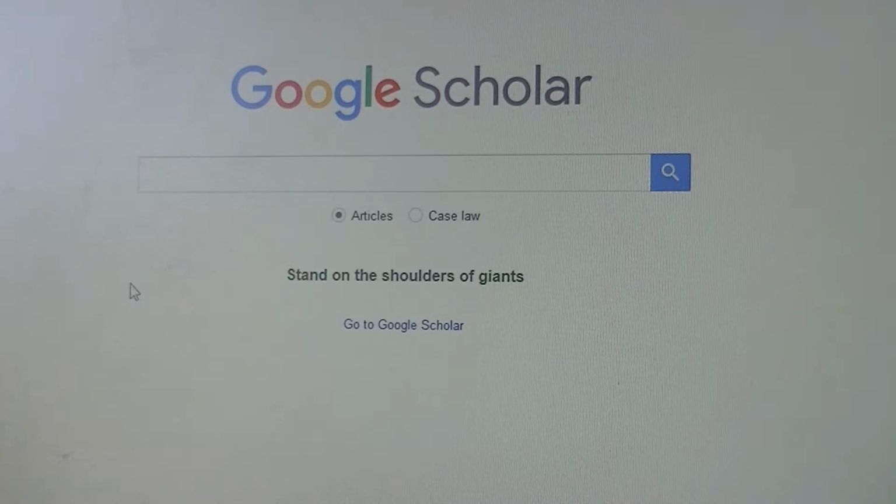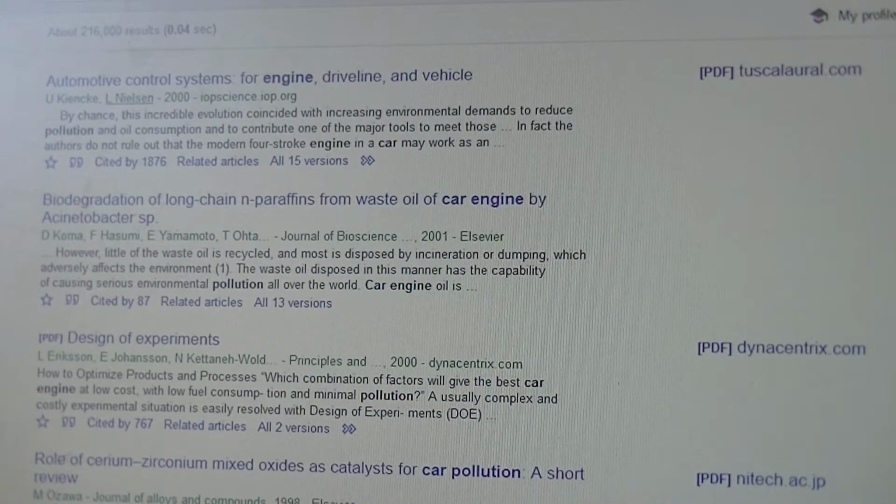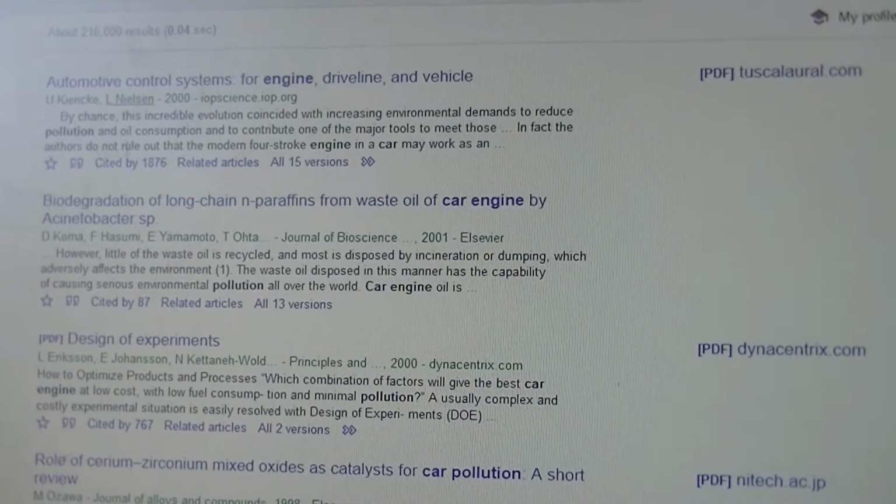When you click the double quotation mark, a pop-up window will appear with a list of a number of different referencing types that you can use. So I'll just demonstrate this fairly quickly. Say you're interested in car engine pollution. So you type in car engine pollution and you get a list of articles in relation to that particular topic. Assuming that you're interested in the very top one,